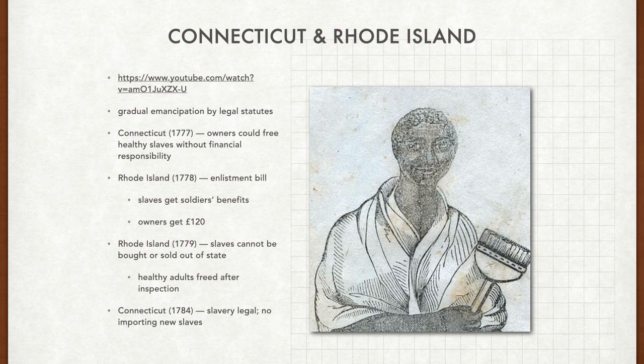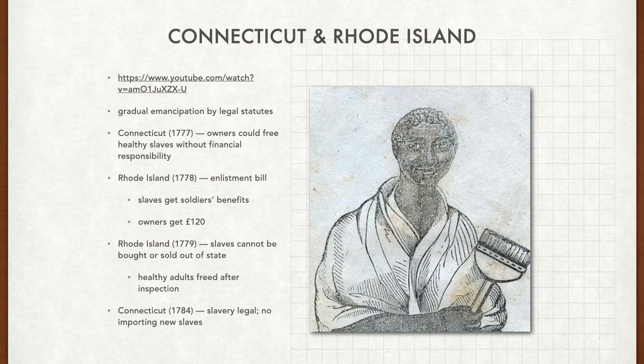As you can see, the first two states we're going to talk about are Connecticut and Rhode Island. If you take a look at video A, not too many videos today, but you've seen in previous lectures it kind of fluctuates based on the topic. In video A, it talks about slavery in Connecticut, okay, which maybe some of you don't know where Connecticut is because it's one of those small states, right? So is Rhode Island.